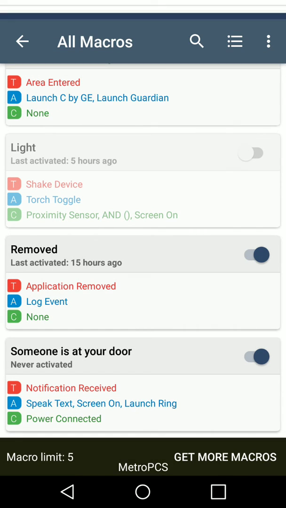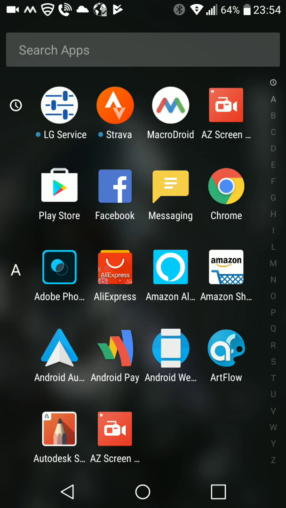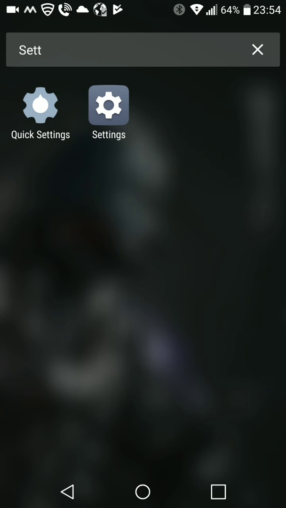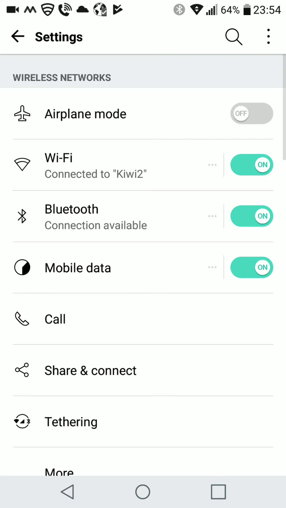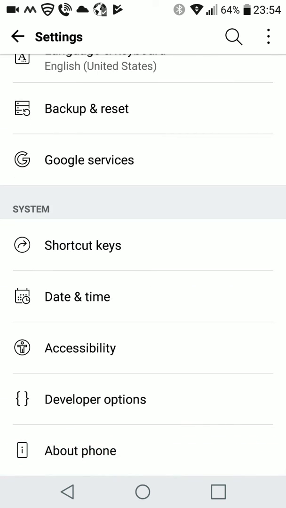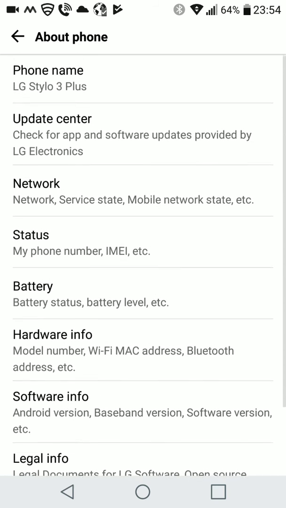But one of the other things I definitely do recommend is that, especially if you're going to use this when it's powered on, you want to keep it powered on. You want to go into your settings menu, which is right here. And basically you want to go to, as you can follow the instructions that I posted, or you can go to About Phone. Then you want to go into,